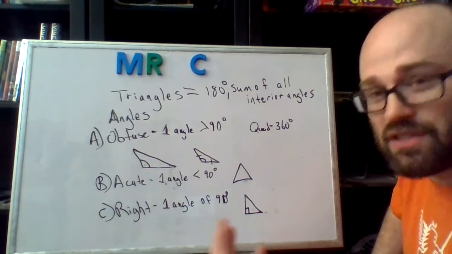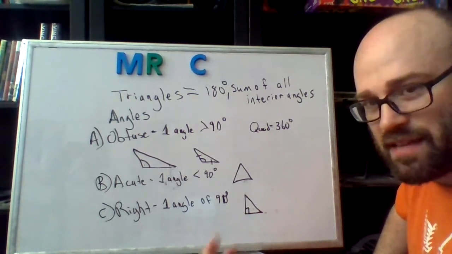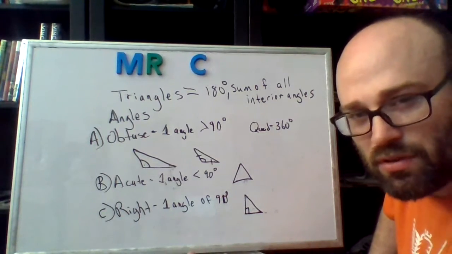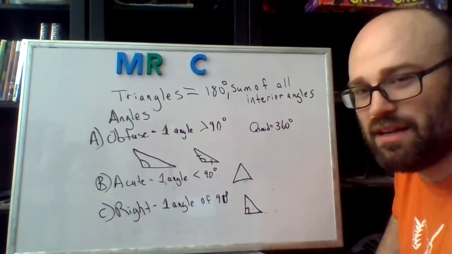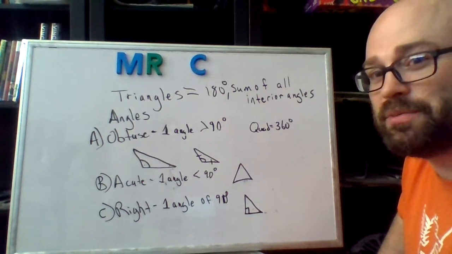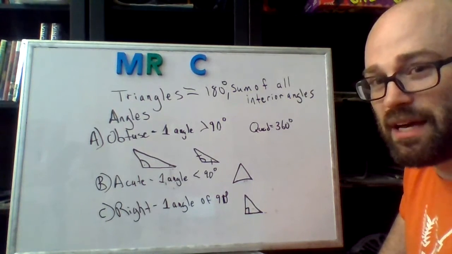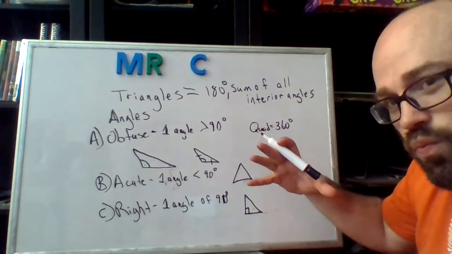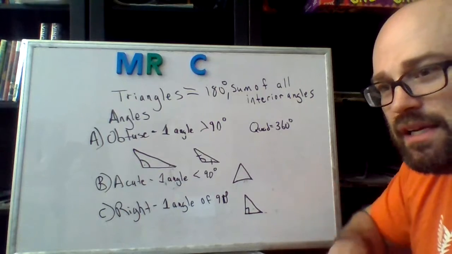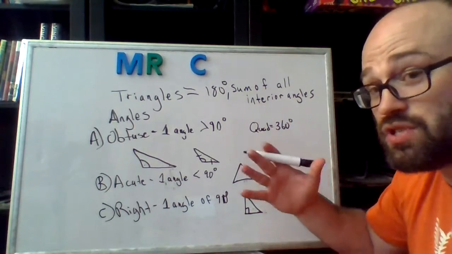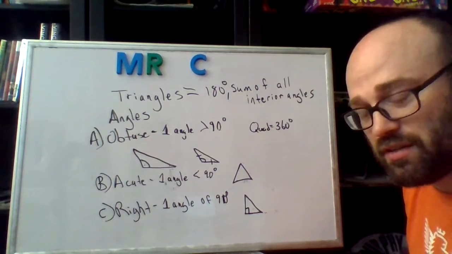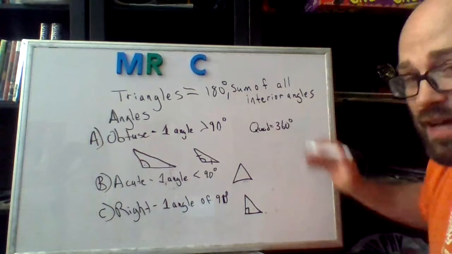The weird thing is, and I think it's fascinating, one of the things I just love about math is how cool it is when you get back to a circle. A circle is an infinite number of points around a center point. Okay, and that is 360 degrees. So which is pretty neat. Other polygons, even just 1 point smaller than a circle, is going to be huge. It's going to have a huge interior angle measure if you add all those up. But a circle has 360 degrees, which is the exact same thing as a quadrilateral.